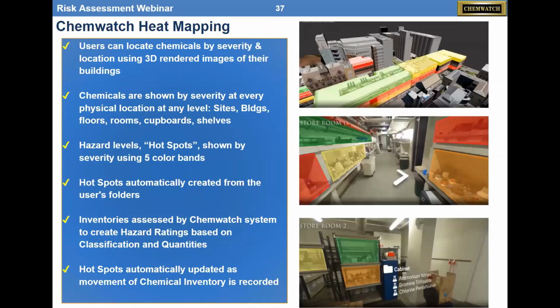Moving right along, we have a new feature, heat mapping. So we can actually take your facilities models, overlay your chemicals and the amount of your chemicals, and then run that through our algorithm and come up with the danger, much like we do in a risk assessment. And then we can color code these for the highest hazard rating and hotspots and actually tell you where you have chemicals of concern or areas of concern,